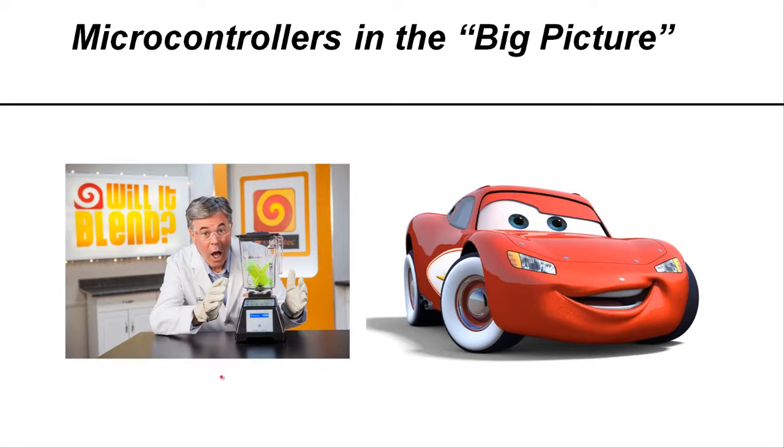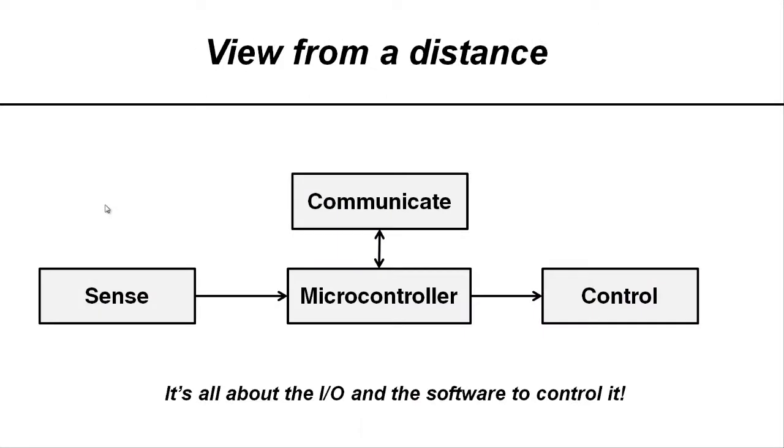So on the left-hand side, we have a picture of a Blendtec blender. On the right, we have Lightning McQueen. So what in the world does Lightning McQueen have to do with a Blendtec blender? Well, from the perspective of a microcontroller, quite a bit. Looking from a distance here, we have a microcontroller in the middle,